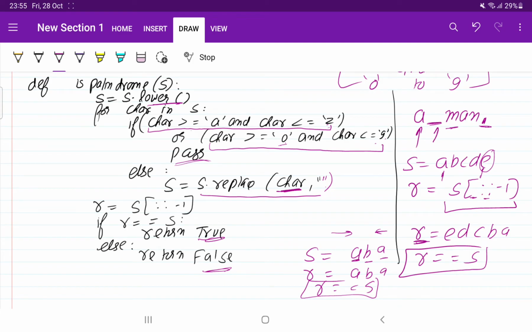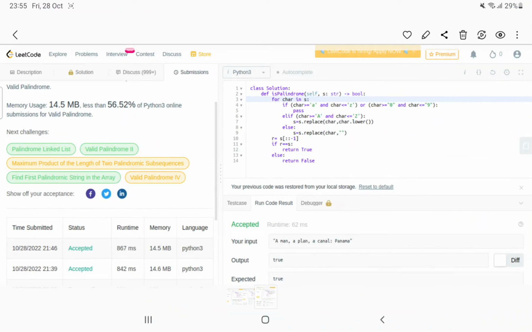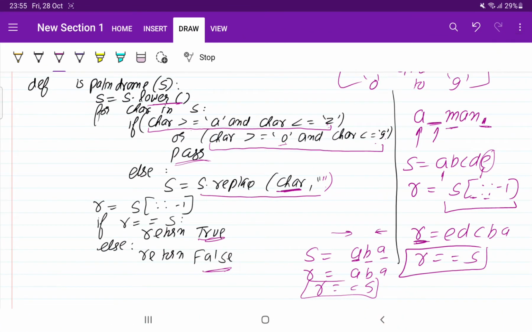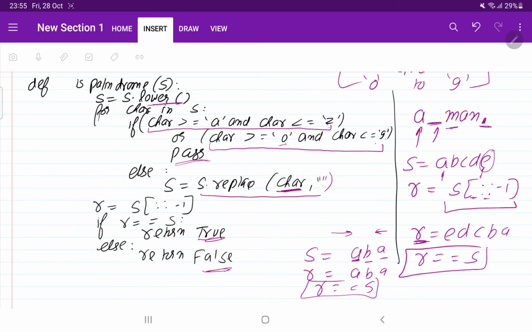Okay, I think I have shown you the wrong code. Yeah, this is the code, s.lower. As you can see, it is exactly the same code that I showed you. Now suppose someone asks you to optimize this.